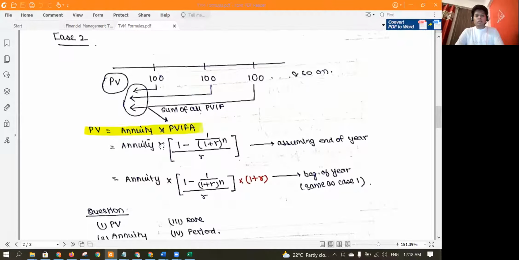Again, the formula for that is this one. And for the beginning of the year, it's the same thing multiplied by 1 plus r. How do you calculate it? It's the same thing. Just calculate 1 plus r to the power n, then divide. So again, if it's 12% for 5 years, it will be 1.12, divided, equals, power 5. Then minus 1, and then divided by r.